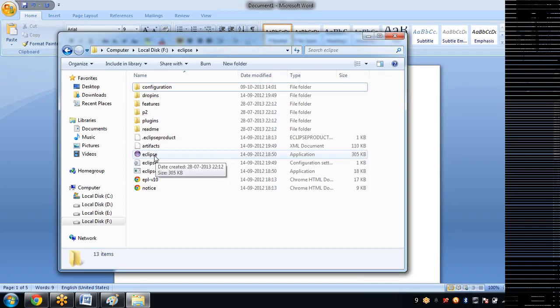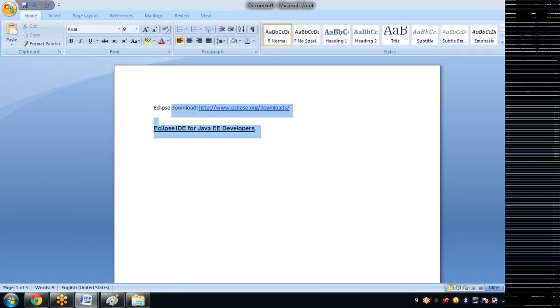But if you don't have Java, when you double click on it, it will throw some error. So the prerequisite for Eclipse is having Java. I'll write on top, prerequisite to download Eclipse.